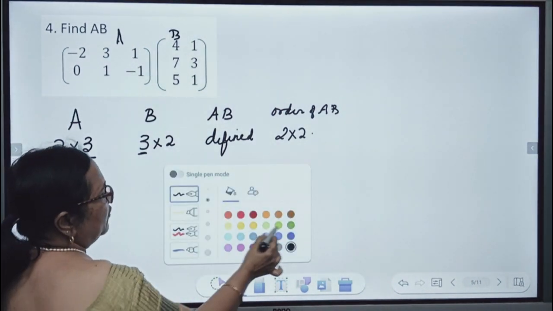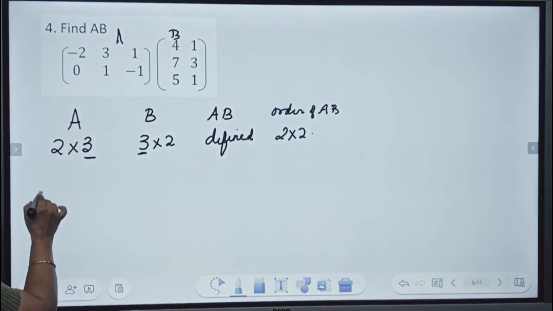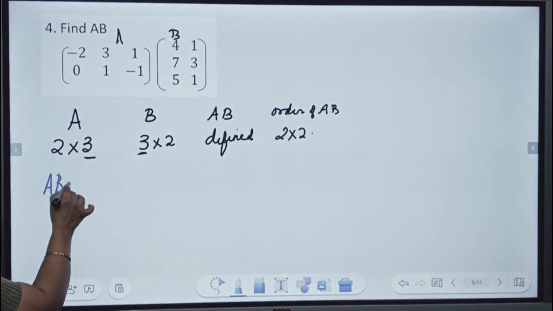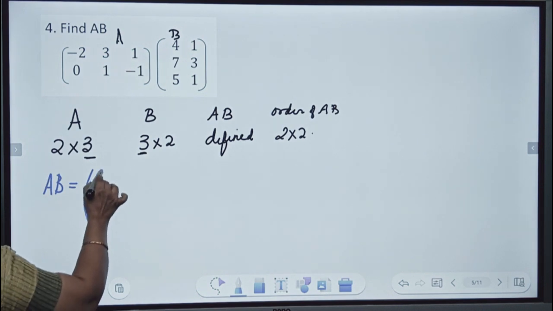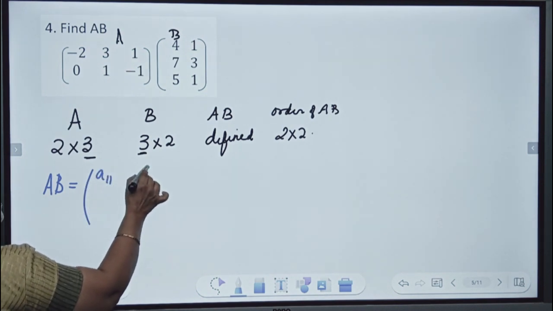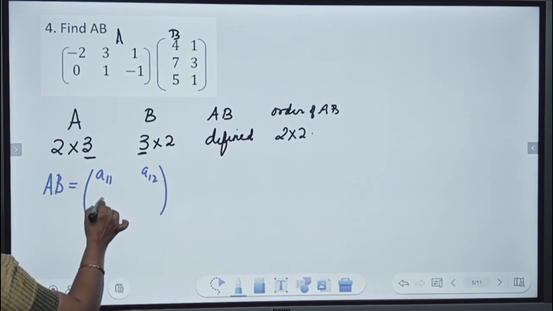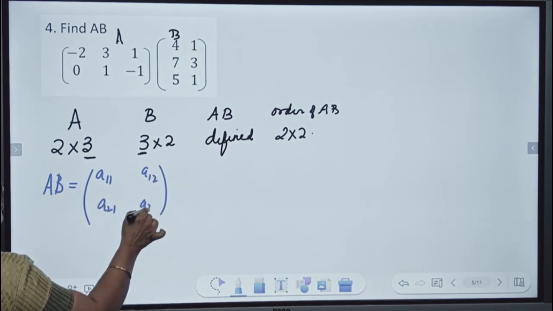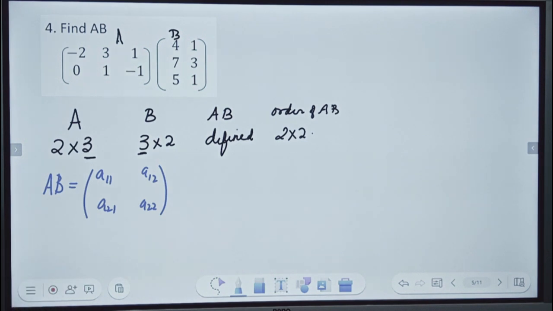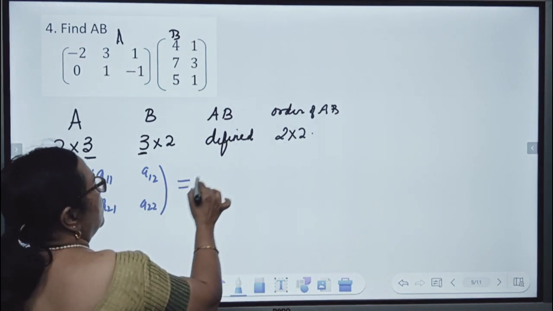So AB is of order 2 by 2. So AB equal to A11, A12, A21, A22. Right? That is AB, 2 by 2. Now this is equal to